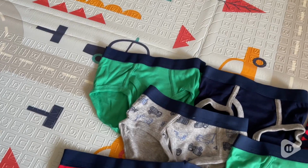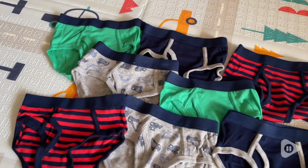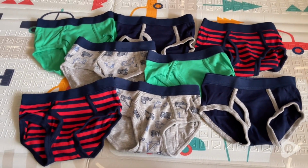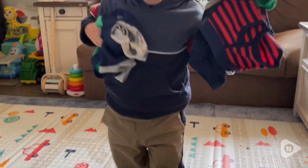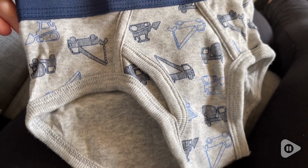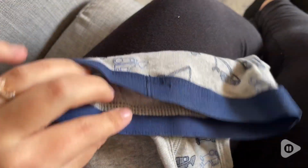If you have a toddler that you are currently potty training, you know the importance of getting some good undies for them so that you can make that easier on yourself and on them. I got this 8-pack of underwear by Simple Joys and they are so cute. Not only does my son love the little trucks design on these ones, but all of them are so nice